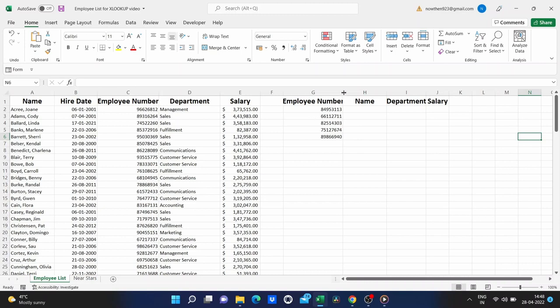Maybe every time they log into a website or fill out a form, they put their employee number. I could then use the XLOOKUP to search this document for their employee number, and then I could produce their name. And in this case, I also wanted to produce the department that they're part of and their salary.